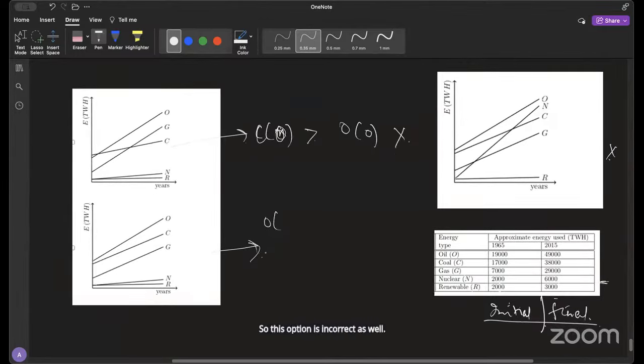So the only possible option could be this one, the third one. Ma'am, because in the fourth option, the second highest value they are showing is N, and it should be of C, na? Yeah, it should be C, 38,000.